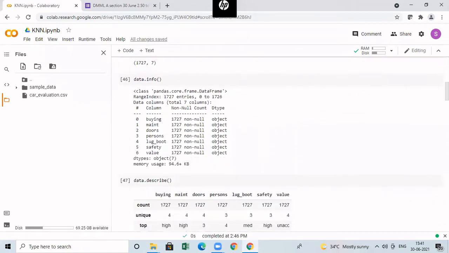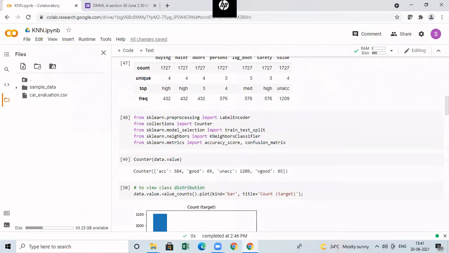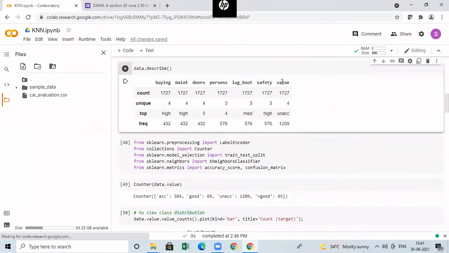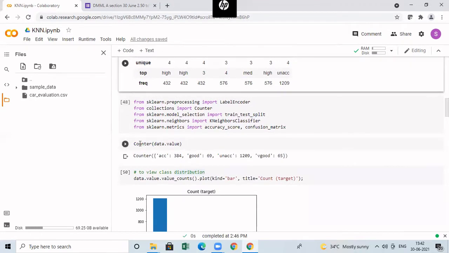From this also you can identify that even though here it is a number, it is having some issue. I'll come to this later. Now let us check what the different class labels are in my target class. So what is my target class? That is nothing but the column name with value. In this, I have to check how many different class labels are present and, in each and every category, how many values are present. For that, I can use something called a counter.